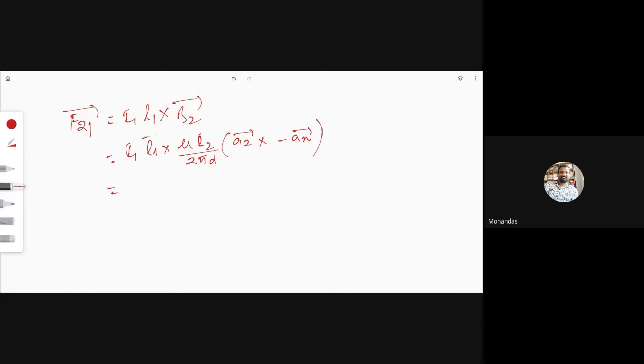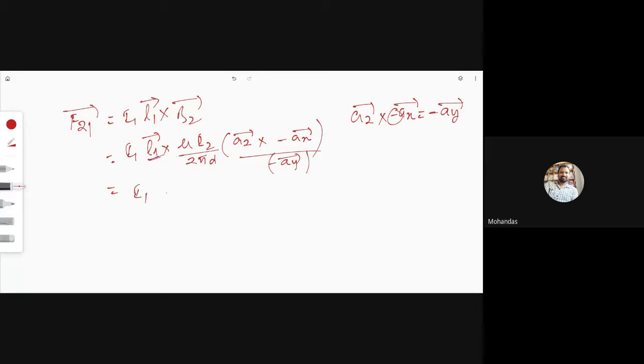Okay. What is AZ cross minus AX? Actually AZ cross AX is AY, so with the minus sign it becomes minus AY. So it results in minus AY, which implies I1